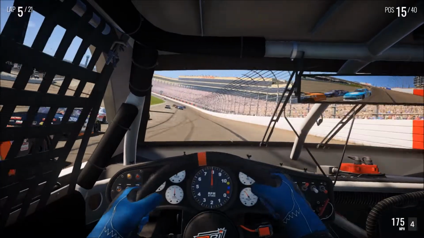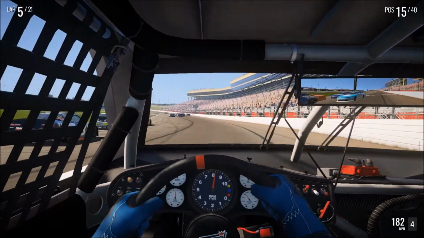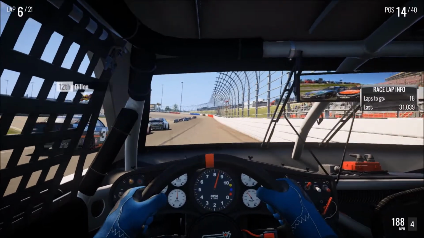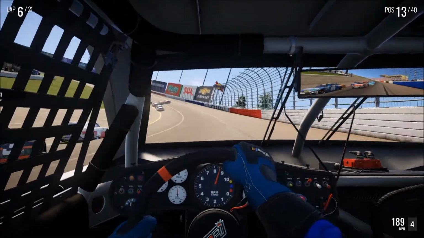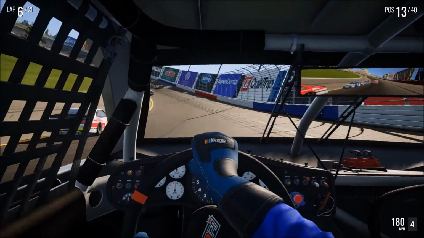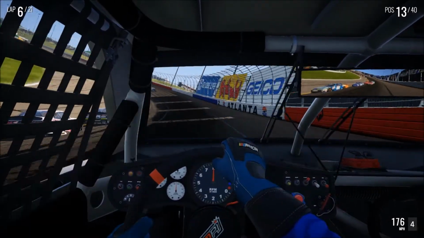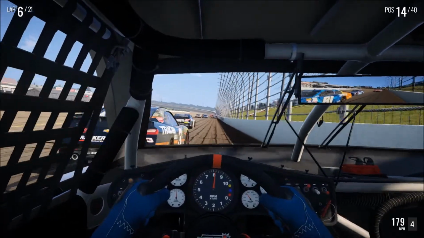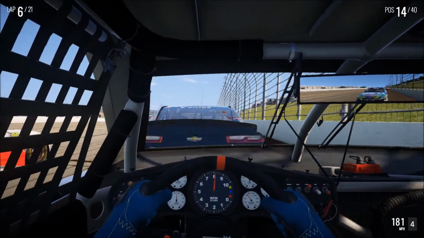All right, so we're outside of Matt Tiff now. I can't tell if we're 3 wide, 2 wide, or what. All right, I think we're, turn. We're down to 2 wide. And I'm going to have to figure out how to keep this thing down a little bit lower going into the corner